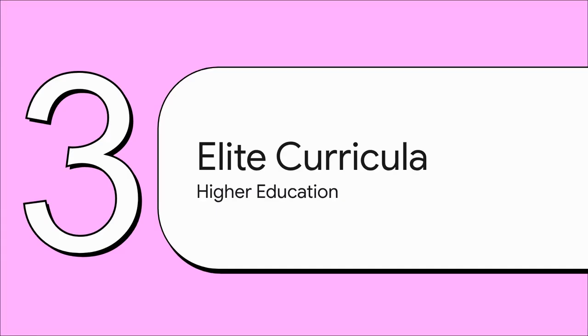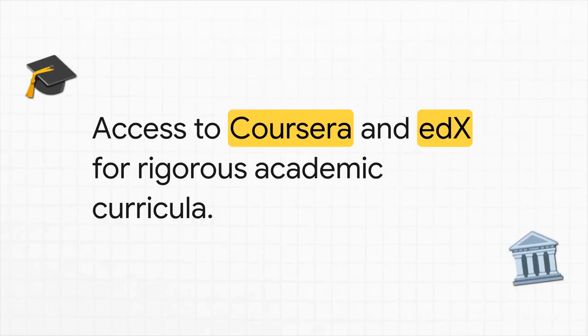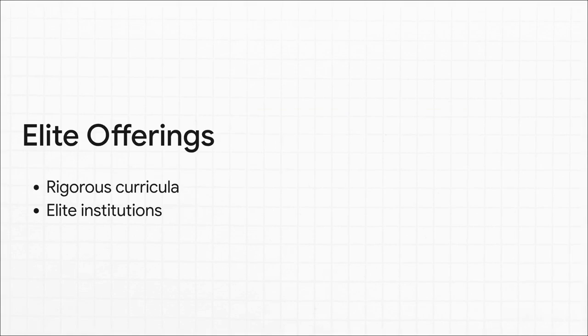Next up, part three, elite university curricula. Okay, so if Khan Academy is your concrete foundation, platforms like Coursera and edX are the grand, ivy-covered academic halls. These are your primary gateways to advanced, structured, higher-level academics in this digital space. The really crazy thing here is what these specific platforms actually do to the traditional education model. They completely remove historical gatekeeping.